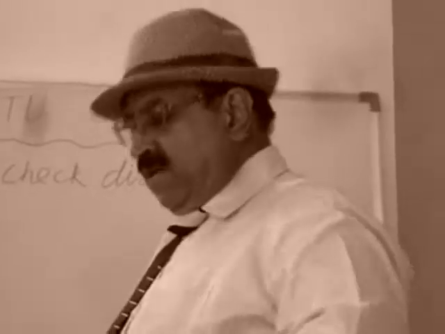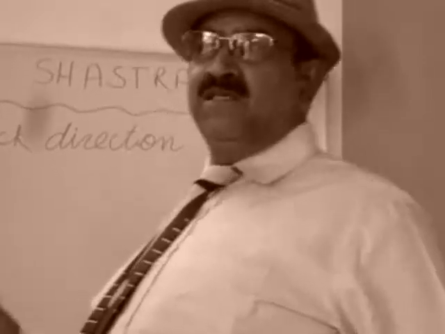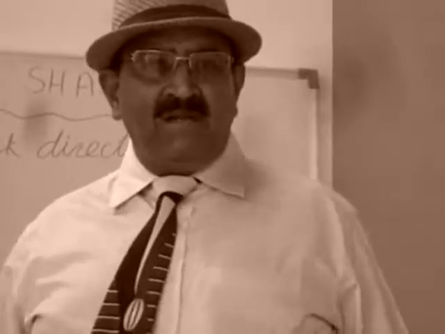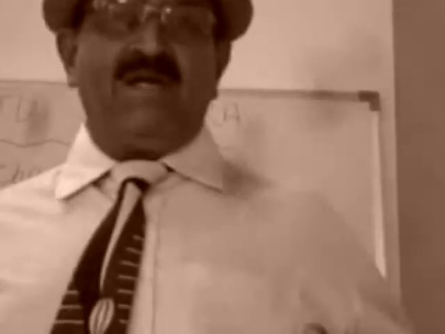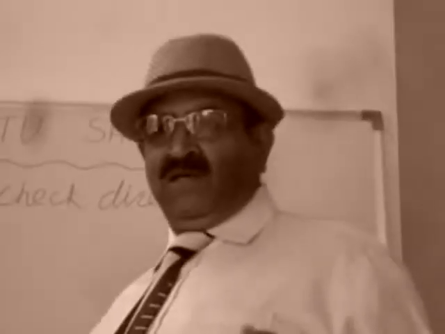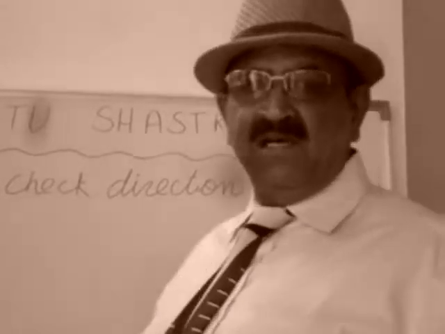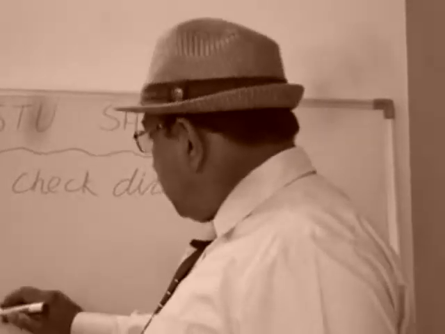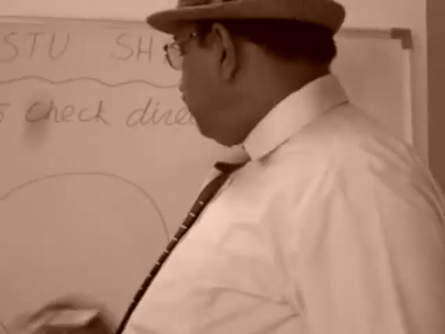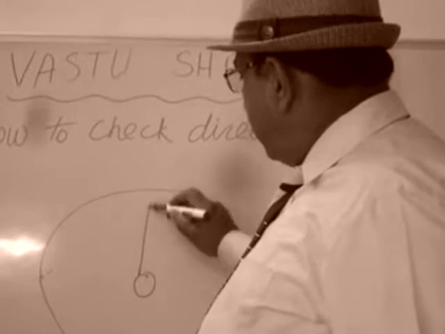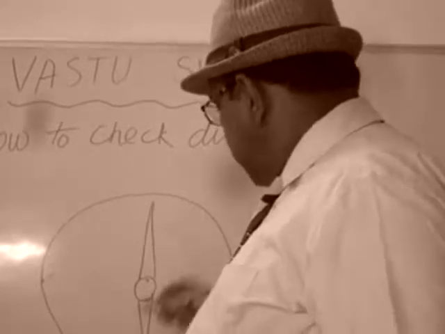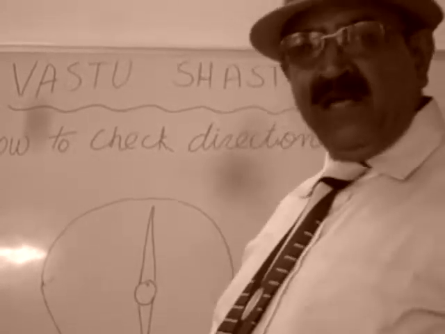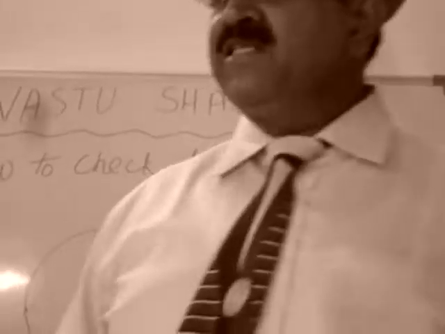Suppose you are standing in an office or in a plot. Just stand in the middle of the plot, or the middle of the office or house, and open your compass. The compass has one needle that shows north and south only. The compass is just like a round box. One needle is there inside, and there are 2 points of this needle. You shall note that directions are mentioned on this compass.